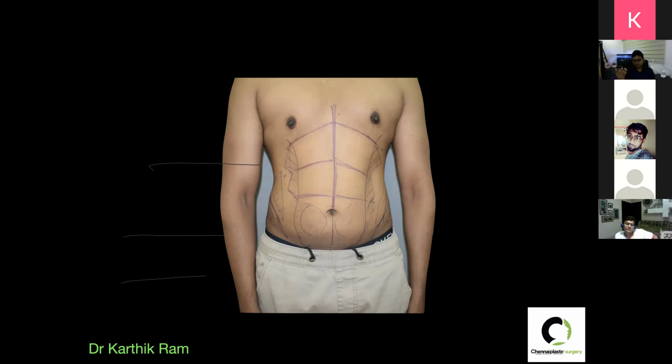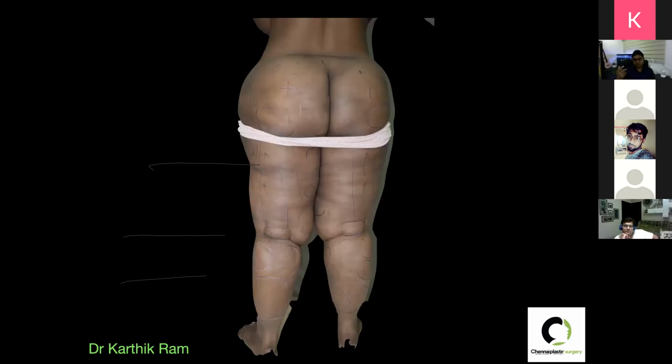So you have to mark in the front as well as from the back. In that area you have to remove a lot, so that the curve becomes more visible. In the same way, on the thigh or any other place, if you make a big circle, it is the area where the maximum fat is located. If you draw a smaller circle inside it, that is the maximum projected area. At the sides, I need to feather it out. The basic idea of marking is this: